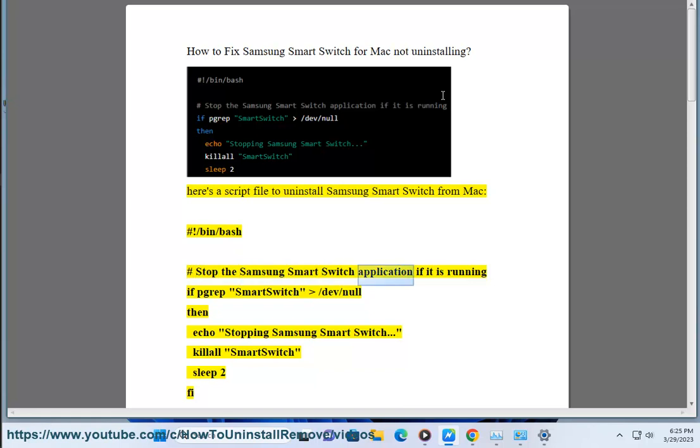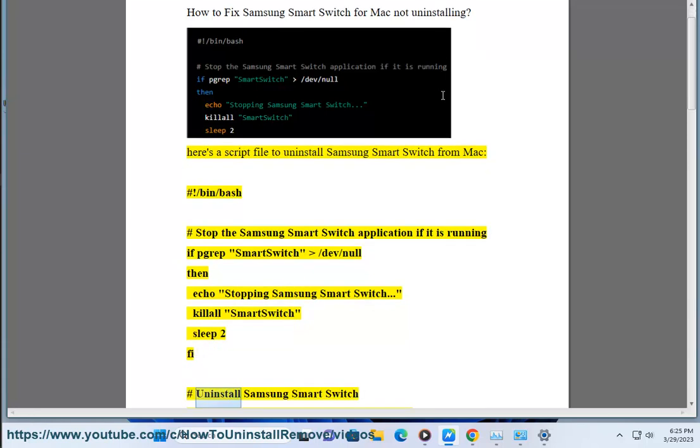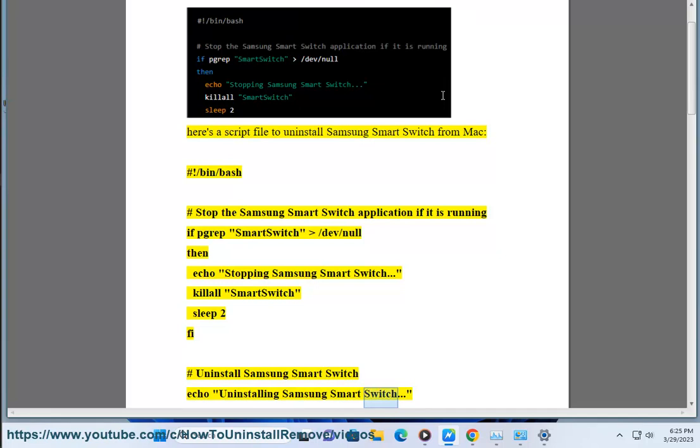#!/bin/bash # Stop the Samsung Smart Switch application if it is running. if pgrep -x SmartSwitch > /dev/null; then echo "Stopping Samsung Smart Switch" killall SmartSwitch sleep 2 fi # Uninstall Samsung Smart Switch echo "Uninstalling Samsung Smart Switch"